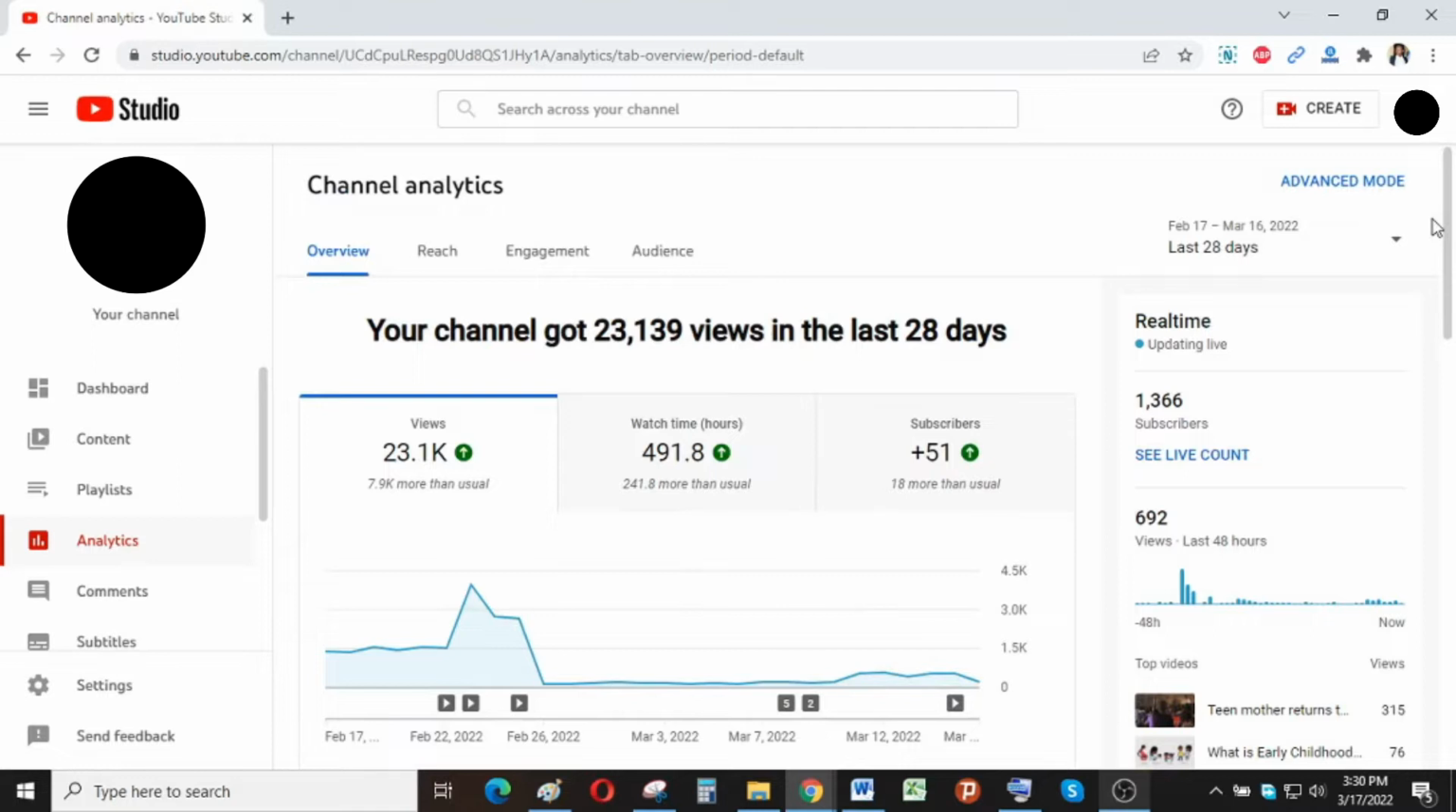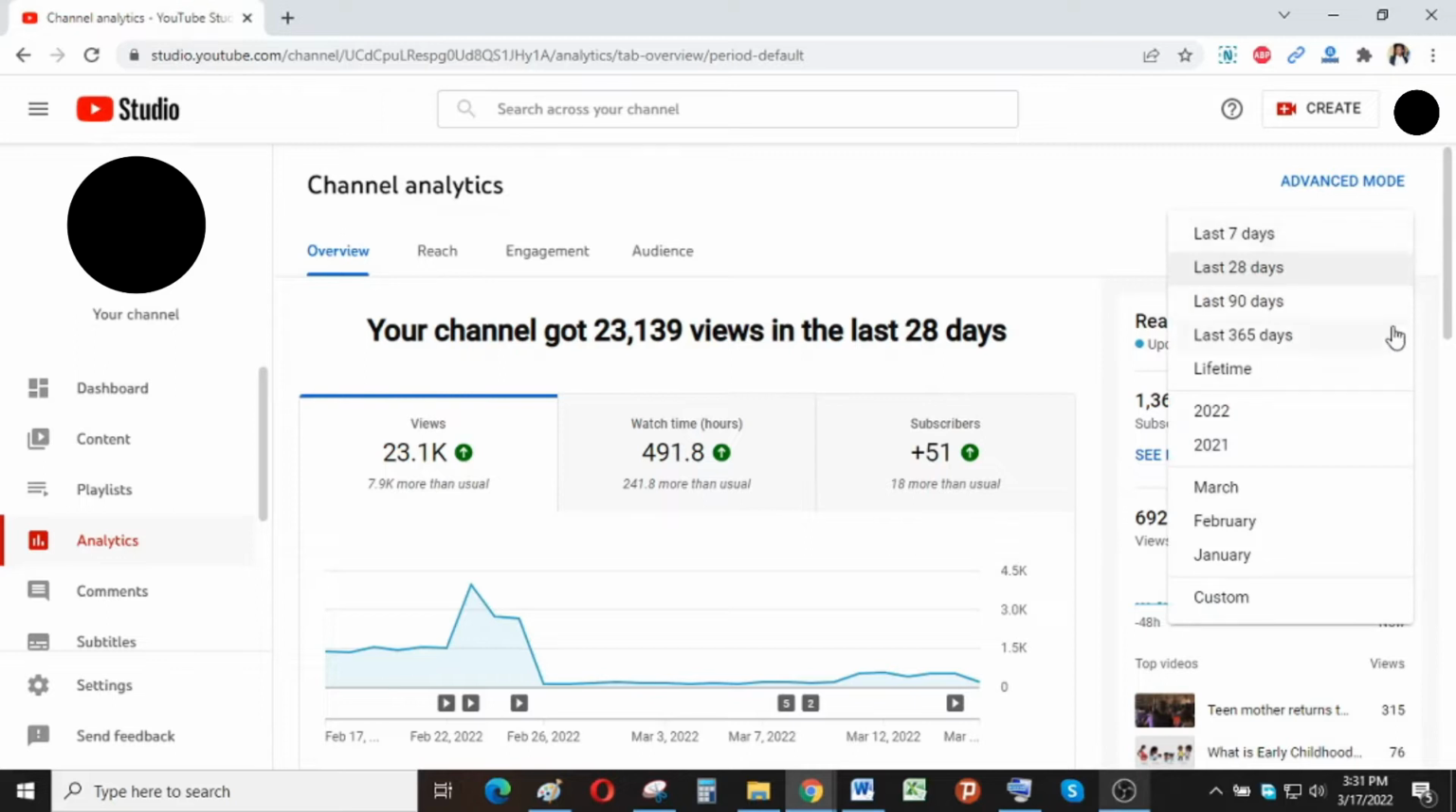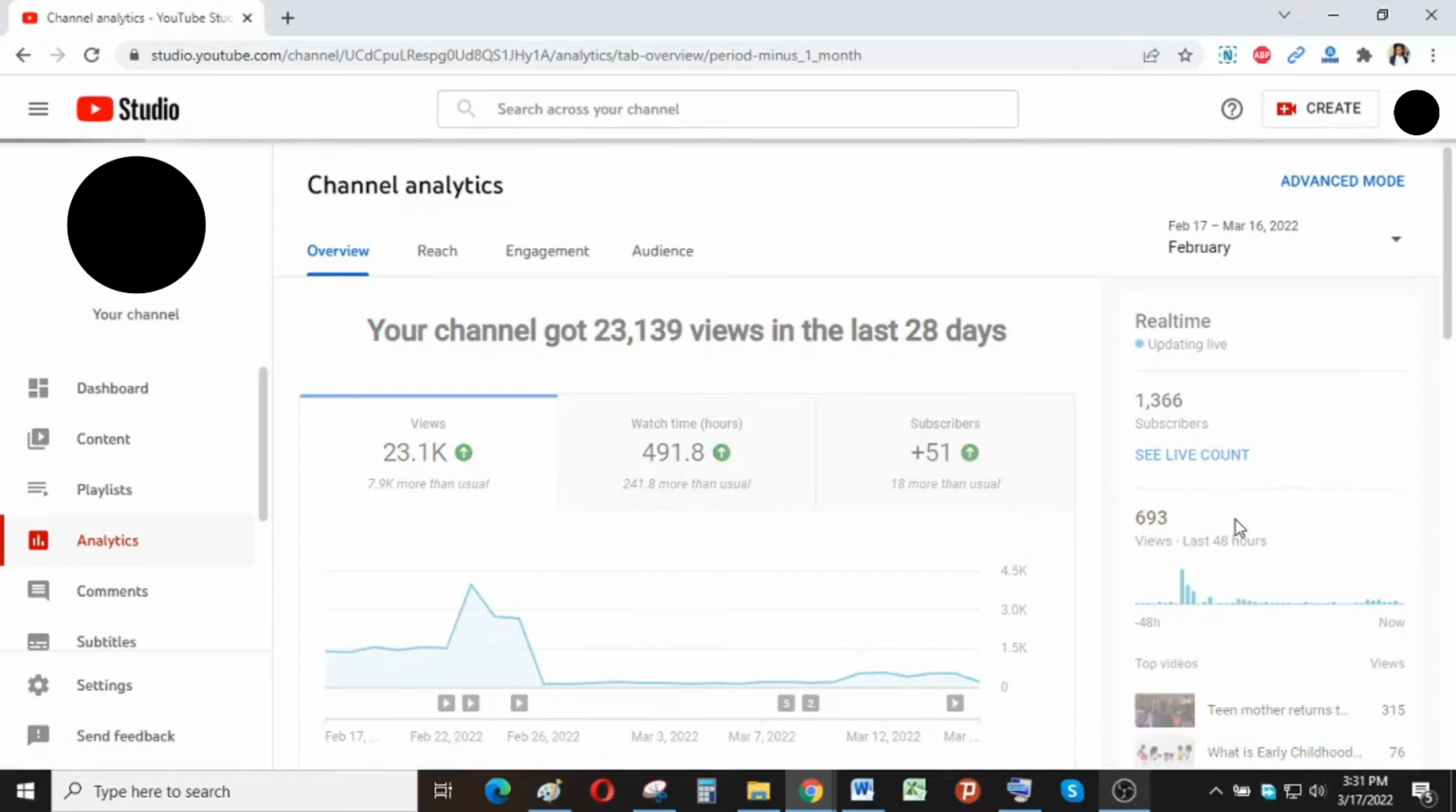So if you want to see the analytics for a particular period of time, say for the previous month, you can just come here to this drop down arrow and it will show you the last 7 days, the last 28 days, last 90 days, and even the last 365 days. That is for a year, then also for a lifetime. So this will give you a summary of how your YouTube channel has been performing from the time it was created. So if I want to see my analytics for the month of February, I'll click on February